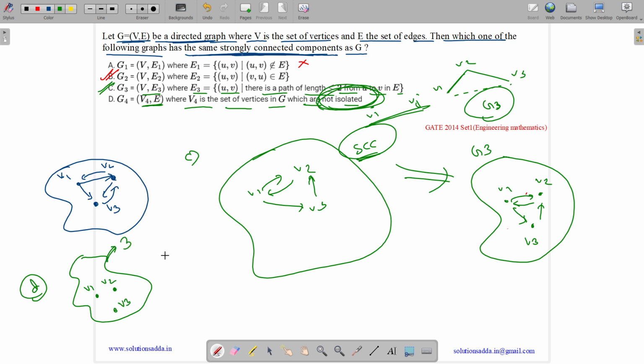So it has 3 strongly connected components. Then G4 won't have any vertices as all are isolated. So G4 will be a null graph and it will have 0 strongly connected components. So 0 is not equal to 3. Thus option D is also false. So the correct answer to this question is options B and C, both are true.